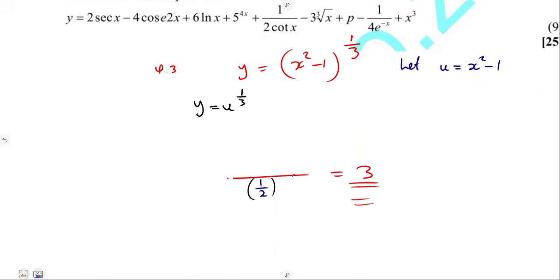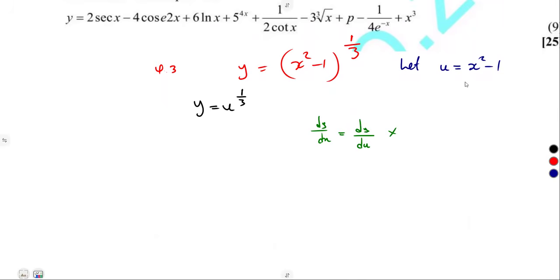Remember that we can find our dy dx from the chain rule, which is dy dx equals dy du times du dx, just like that. So we need to find these derivatives from here. Dy du, simply drop the exponent and subtract 1. So that's a third u to the exponent of